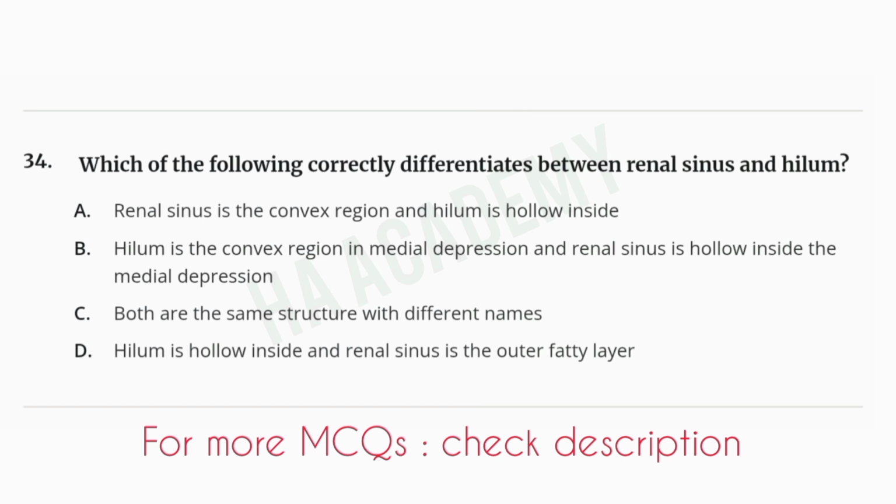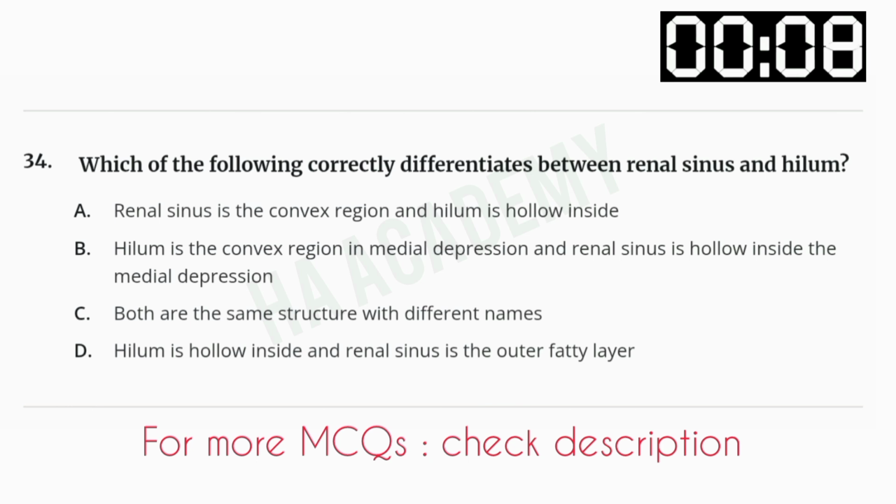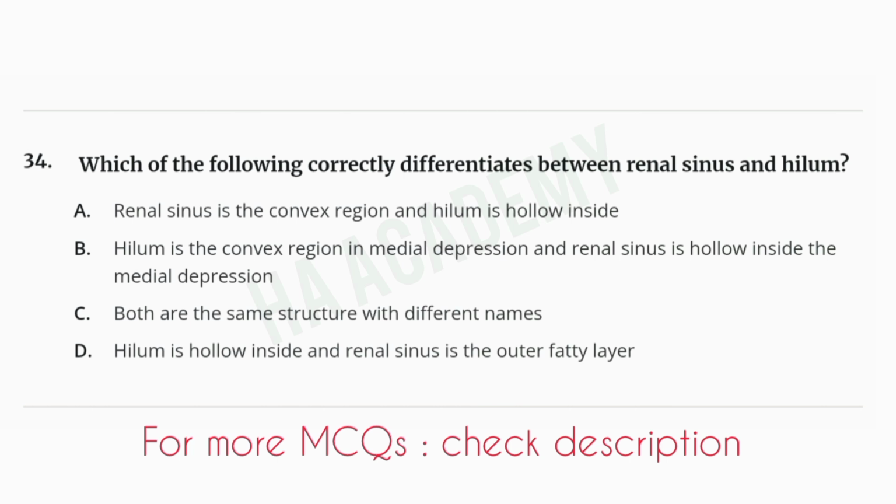Which of the following correctly differentiates between the renal sinus and renal hilum? The correct answer is hilum is the convex region in the medial depression and renal sinus is hollow inside the